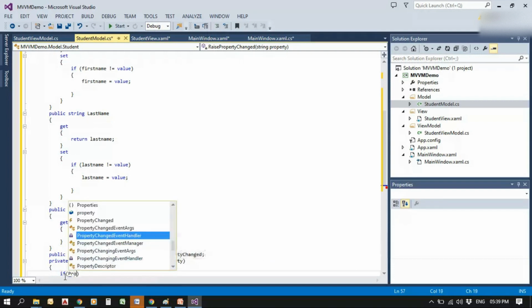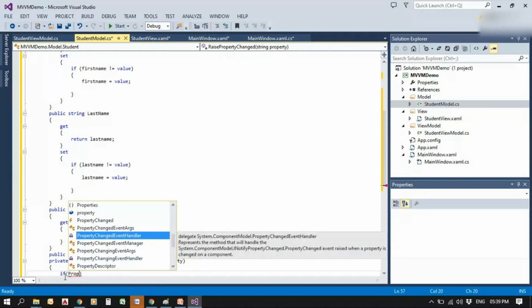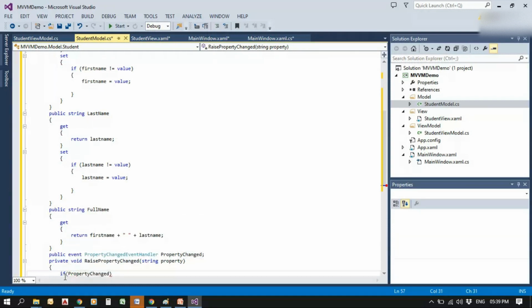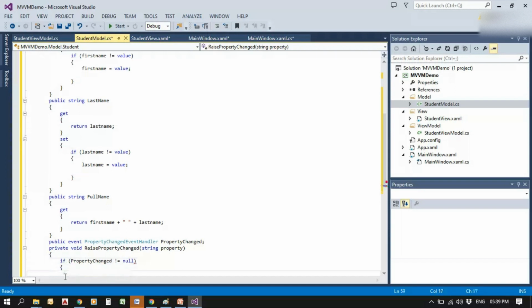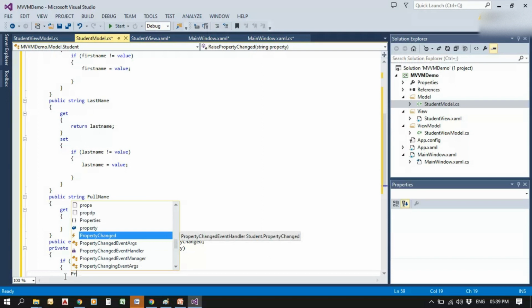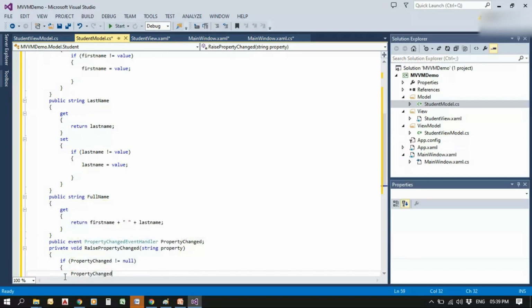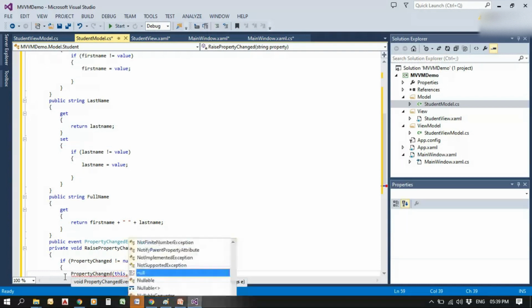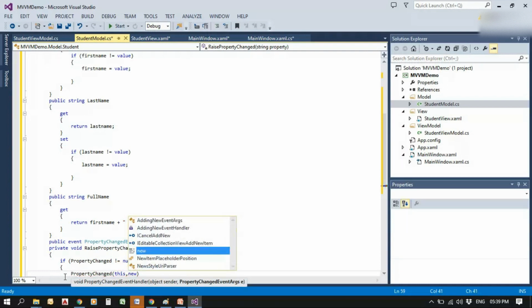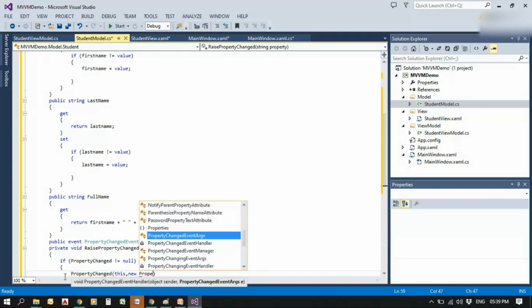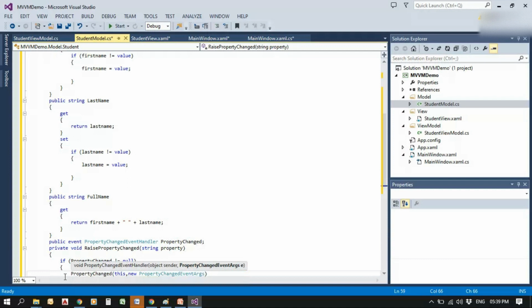If PropertyChanged not equal to null, then we will notify, that is PropertyChanged(this, new PropertyChangedEventArgs, which is the property).